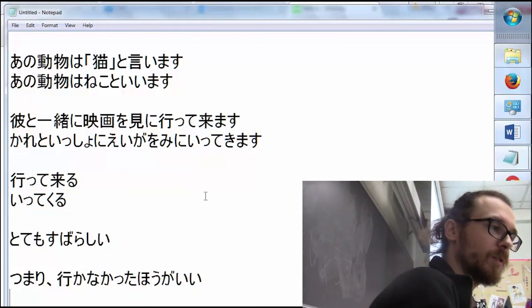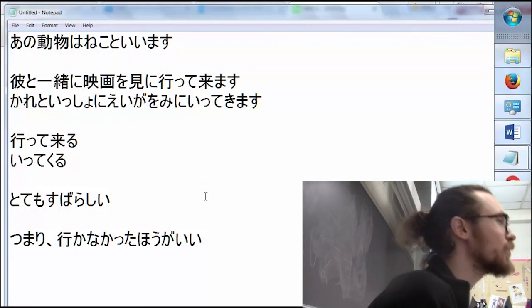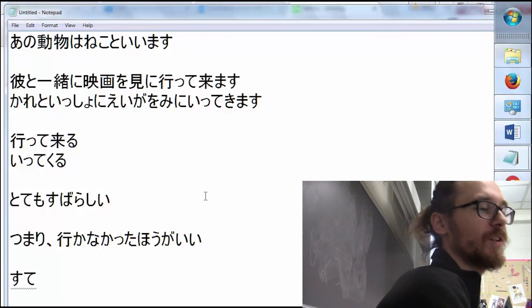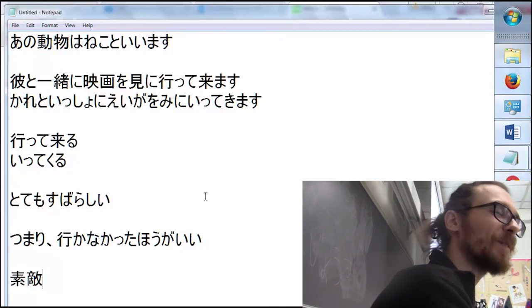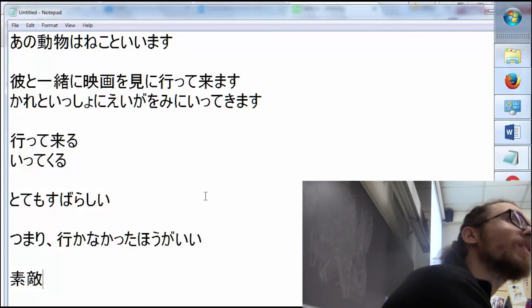Okay. So another one, since we're along the lines of sugoi and subarashi and sasuga and all those kinds of words, is, what's it called? Suteki. You've heard that one? Suteki means like, oh man, think of the English word. It's a particular kind of positive. It means like